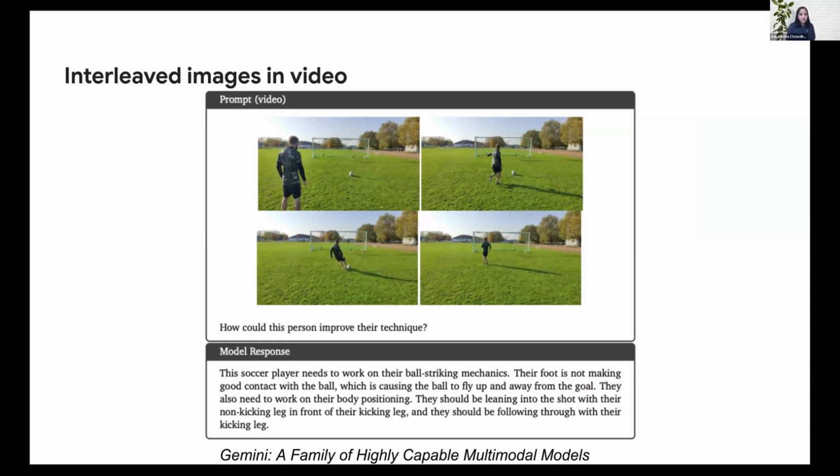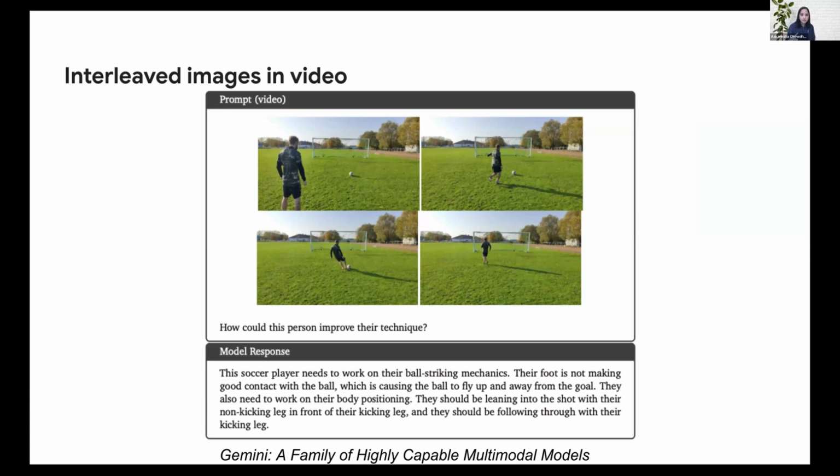And you're not just limited to understanding single images. In this particular case, the model is prompted with a YouTube video of a football or soccer penalty that is missed. And here the prompt is showing a sample set of 4 images from that video, but obviously the model is prompted with many more images from that video.